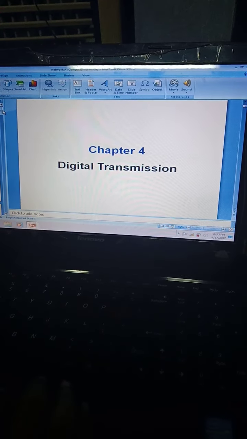So here we are going to discuss how we can represent data in the form of a digital signal when we are transmitting the data in digital format. So first one, digital to digital conversion. How can we convert a digital signal into another digital signal format? By adding some encoding bits to data patterns. So in this section, we see how we can represent digital data by using digital signals.